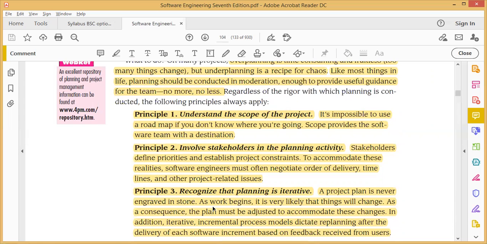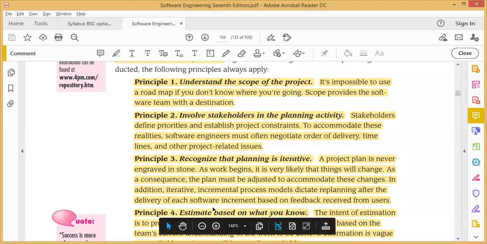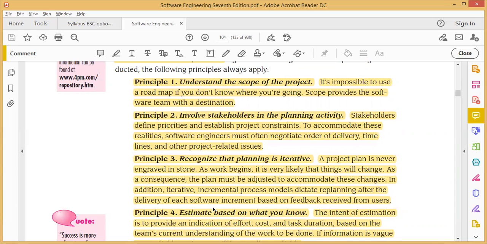According to the roadmap, we can understand up to where we want to develop our project, and chase our destination. The second principle is to involve stakeholders in the planning activities. As we discussed in most of the previous modules, such as spiral models and agility, our team should contain a member of the customer or stakeholder side, so the customer or end user should be present.